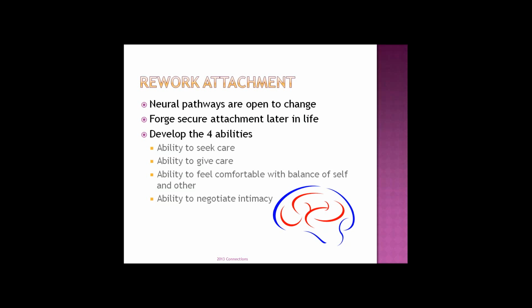Balance, learn the balance to feel comfortable with your balance of self and others. Know what makes you you, what is yours to manage, what is others' to manage. Know that you can not get swept away in other people's things, and develop your ability to negotiate intimacy. Move in and out of connection freely, not giving everything to all people. So there are some skills that you can work on, and while you're working on this, you'll be developing neural pathways to change the attachment patterns that you have.